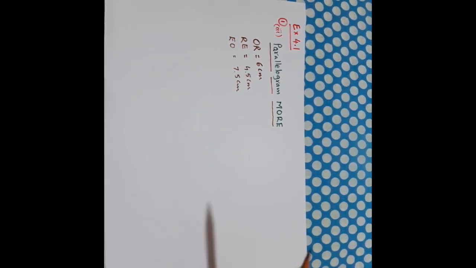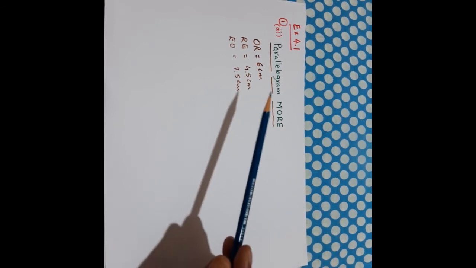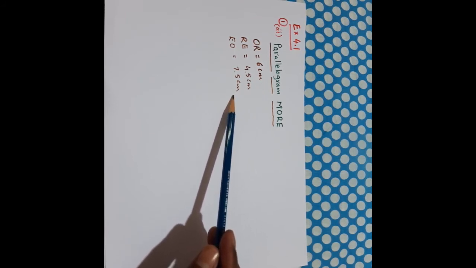Generally, as we just discussed, to construct a quadrilateral, 4 sides as well as 1 diagonal measurements are required. But here they gave only 3. So what is the meaning of this? What about OR and what about the other 2 sides? Then we should know the property of a parallelogram. What are the properties of a parallelogram? In a parallelogram, the opposite sides are parallel as well as equal. That's why they gave only 2 sides as well as 1 diagonal.